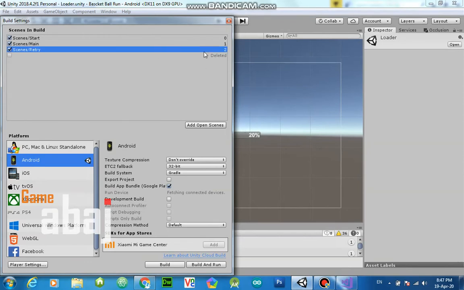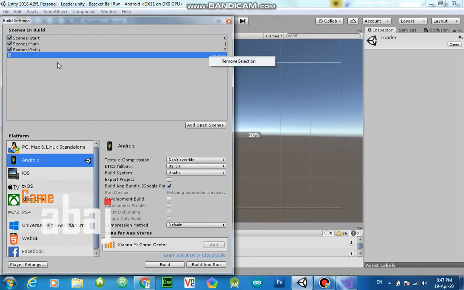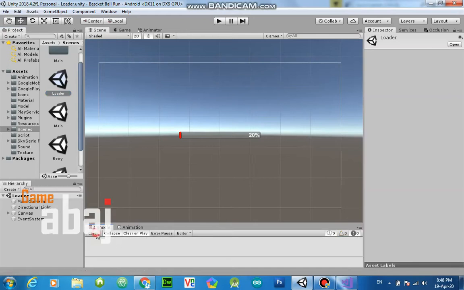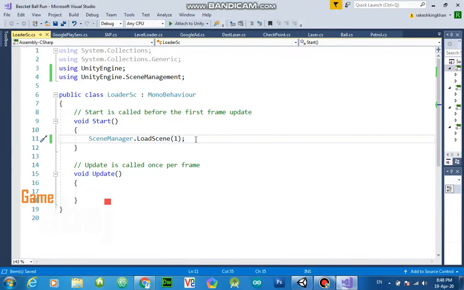I had this scene in my project, but after that I deleted it, so I removed it. This is nothing to do with this tutorial. Okay, now add this loader scene, and our main scene index is 1 and this index is 3. Okay, but for loader purposes we don't use this method. Instead we use